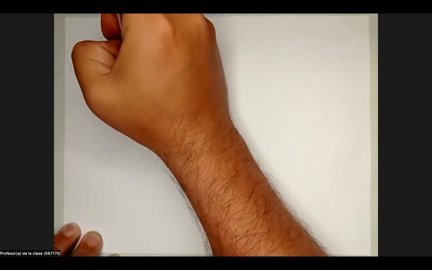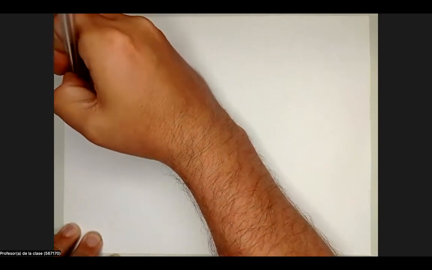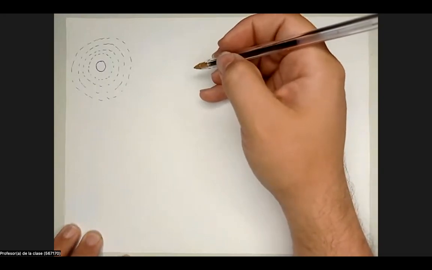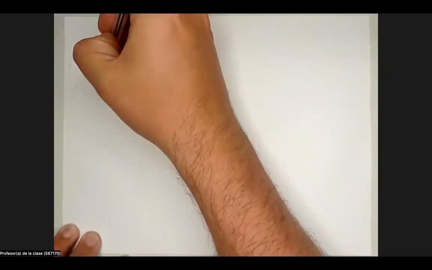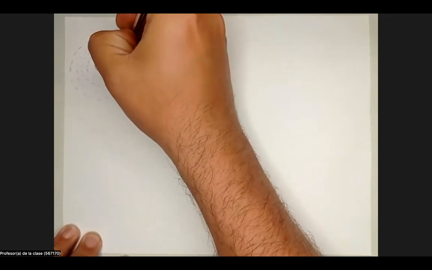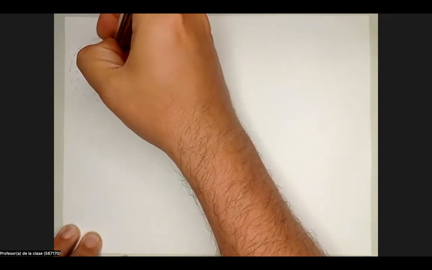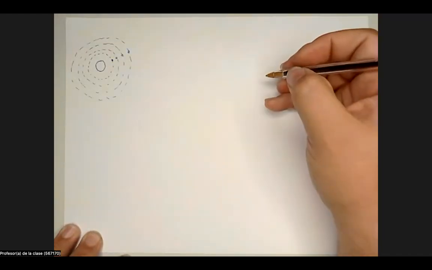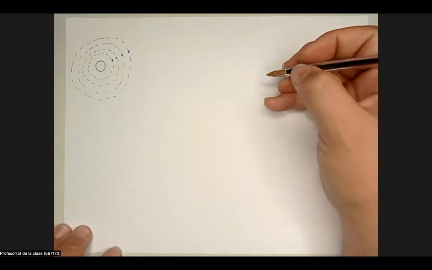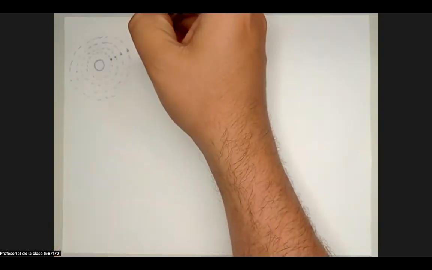Remember, this is an orbit. And about the atomic model, Bohr said that each electron around the nucleus will have like a floor on a building. Okay, so the energy,